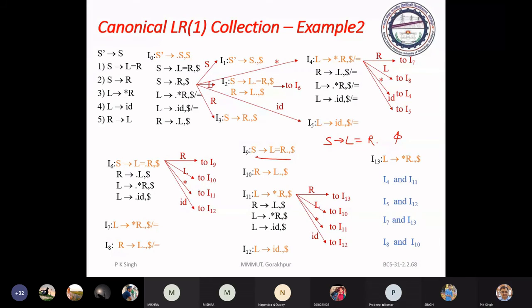So you just see here, we have R2 L dot dollar. Okay, and now see item set 8. It has different lookahead symbol, different set of lookahead symbol. Means the set of lookahead symbols is not identical. It means this will play certain role.